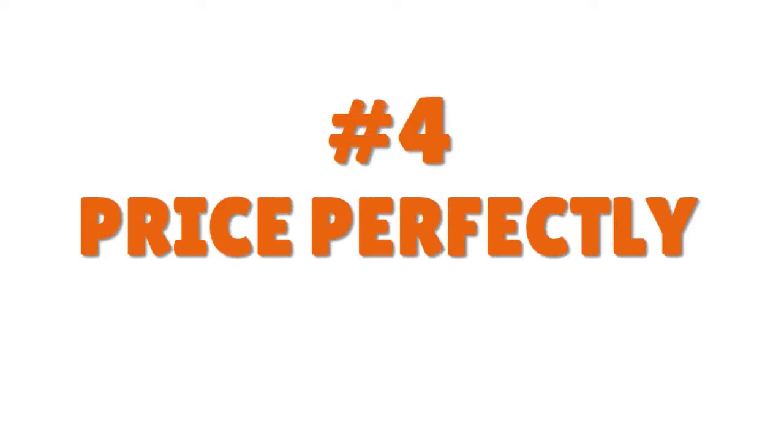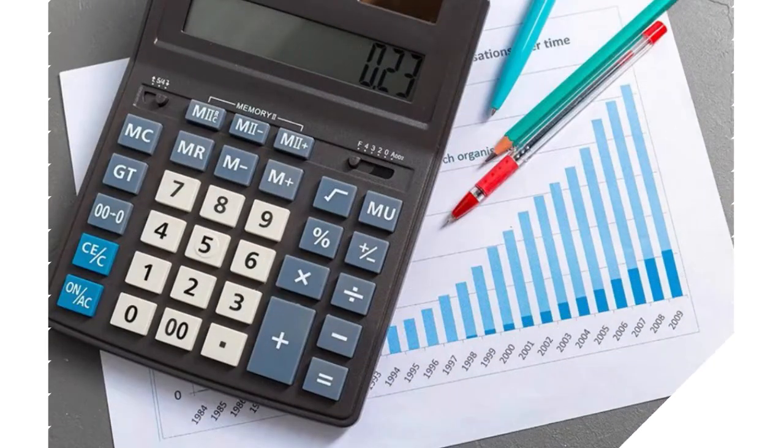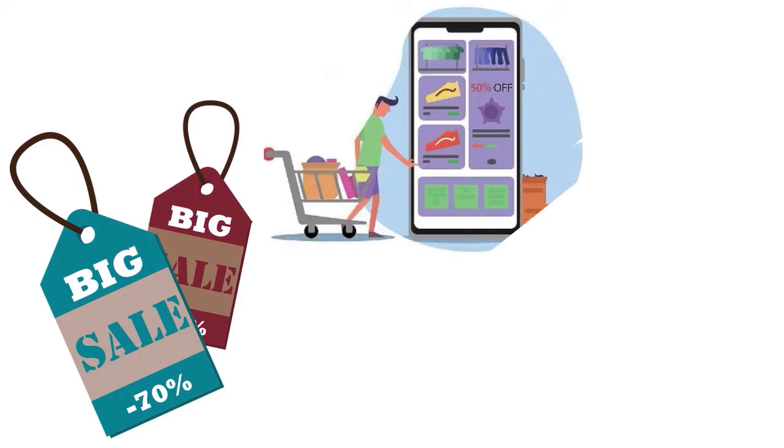Step number 4. If you want to get more views on eBay, you want to price perfectly. Gone are the days of saying, listen, I'm just going to price right and everything will be fine. No. eBay is as competitive today as it was yesterday. And price continues to make an enormous difference. Nowadays we have product-based shopping, so people can filter. When you search for a product and go to the result page, you can filter by price,